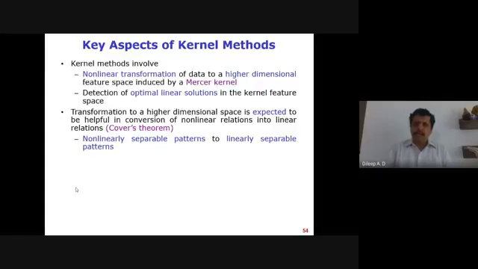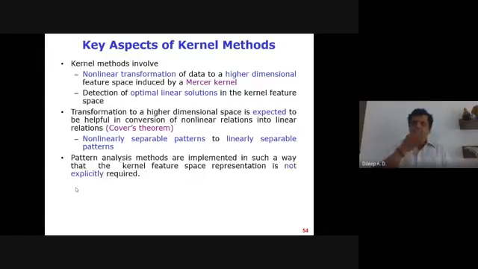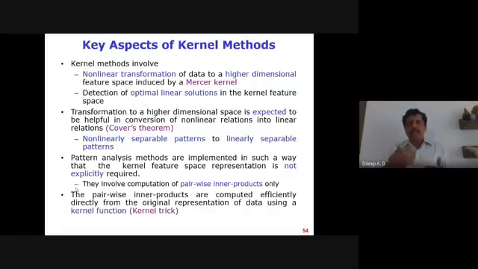Now the important thing is that we need to know what is the function that transforms it. But the problem is that we do not know what that function is. So the idea of the kernel method is that I do not have to explicitly know the function that makes this transformation. But I can do a trick, such that Mercer's theorem states that the inner product operation,